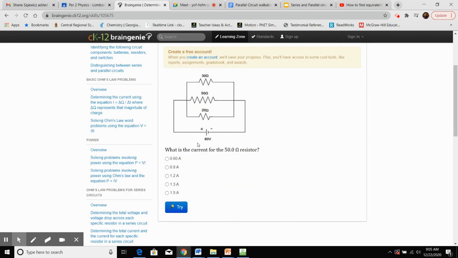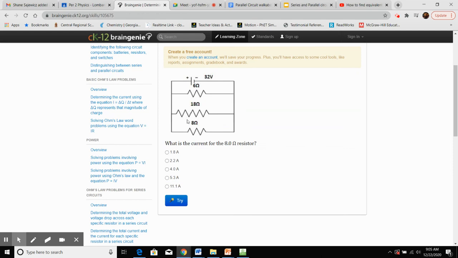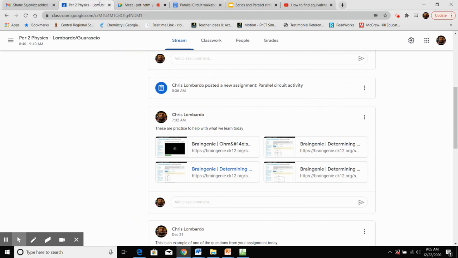And then you get this dude over here, 60 volts. What is the current going through the 50 ohm resistor? I would do 60 divided by 50. And I can get an answer here of 1.2. Okay, so now we have those pieces. And then I want to do this last MacGyver here